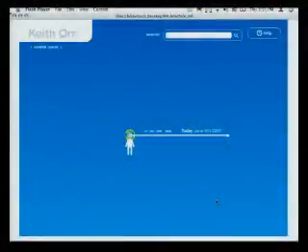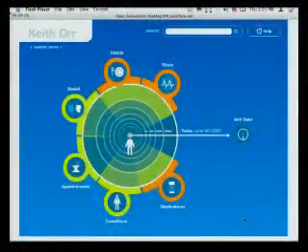A few things that you may notice is that the data is laid out so that at the center of this tree ring analogy we have here, the center is the oldest data, whereas at the edges it's the newest data. Also, we've got what we call status lights around the edges. So medications, it looks like it's red. We might have a few conflicting medications there. Additionally, vitals is also red, so we might have some vital signs that are in unhealthy ranges. And lastly, we've got the bright and dim green lights near the center, which indicate how frequently these have been updated.